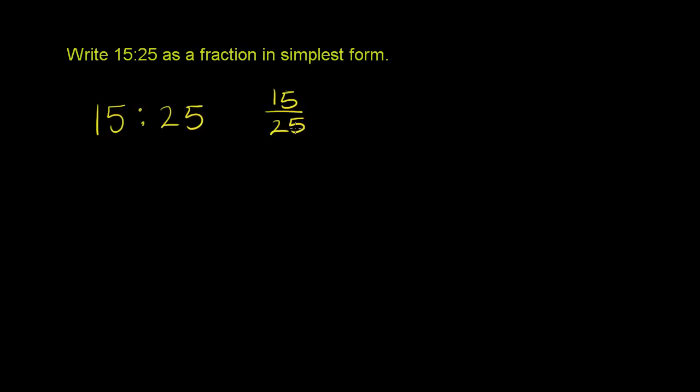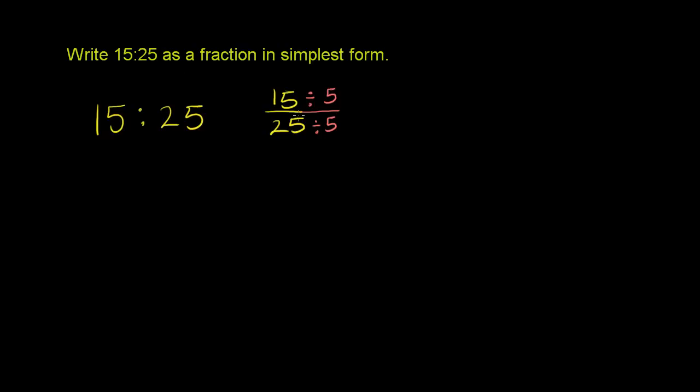And if we want to put this in simplest form, we just have to think about what is the largest number that divides into both 15 and 25? Or what is their greatest common factor? When you just eyeball it, you say, well, 5 goes into both of them. And I'm pretty sure that's the largest number that divides into both. So let's divide both by 5. And if there is a larger number, then we might be able to see it once we simplify it a little bit more. So let's divide the numerator and the denominator by 5 and see what we get.